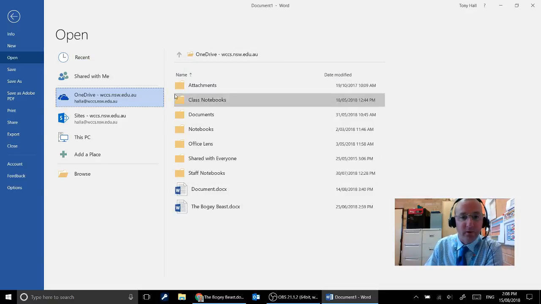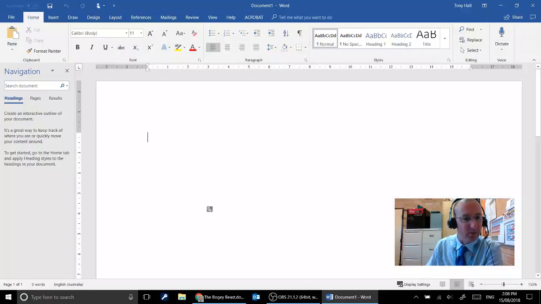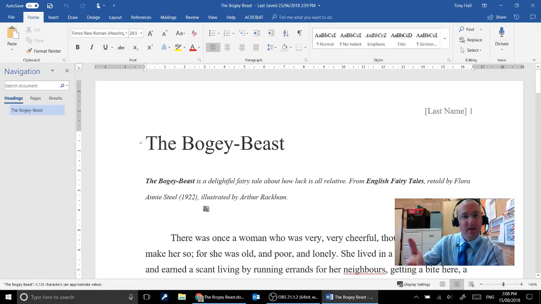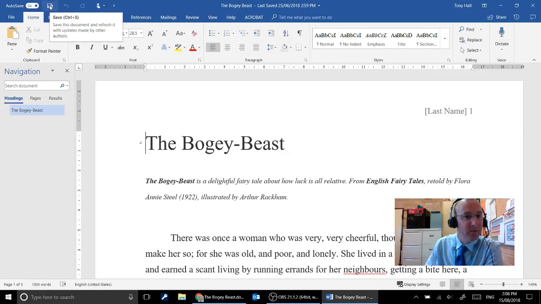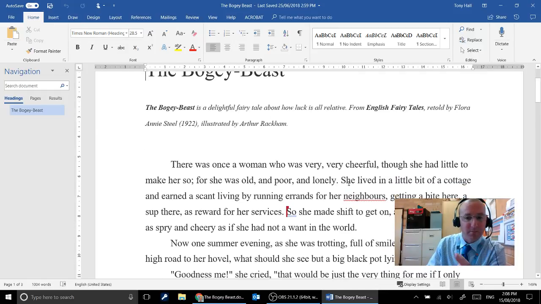So if you click on OneDrive, you can see the same folder structure that I showed you in the browser is there. The Bogey Beast is there, and if I double click on the Bogey Beast, then it actually downloads that file from the cloud and opens it in Microsoft Word. When I save here, it's not saving it to my local computer, it's going to save it back to the internet. And so that means that I can make changes in the program I'm used to, Microsoft Word,